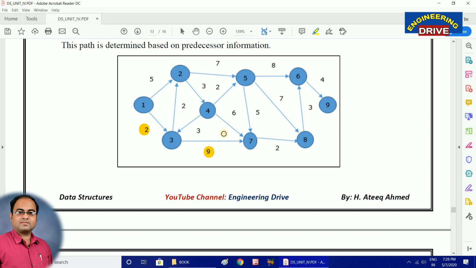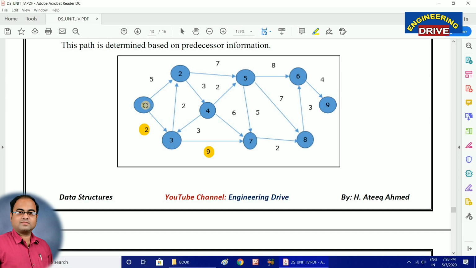Hope you have understood this. To travel from one vertex to another vertex, there is an edge, and on every edge there is a cost associated with it. What is the meaning of shortest path? Shortest path doesn't mean that from source to destination there should be fewer vertices in between. Don't get confused with this one. Some students will misunderstand the word.